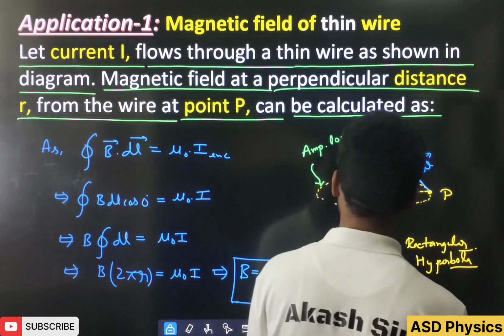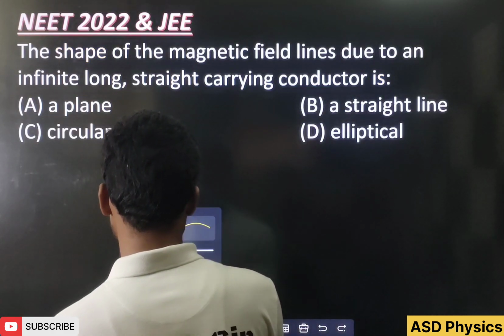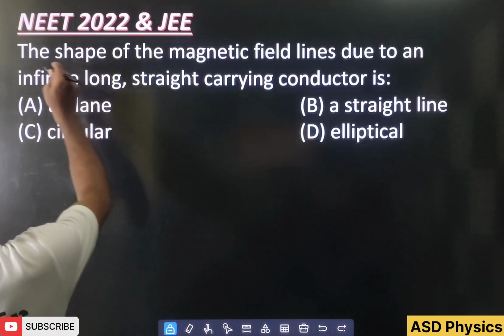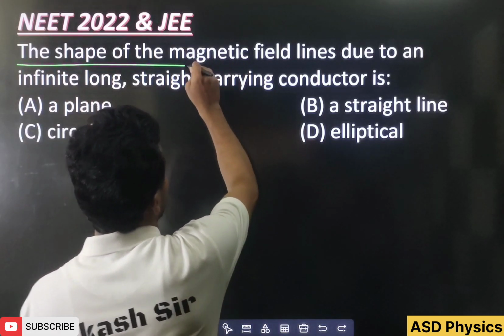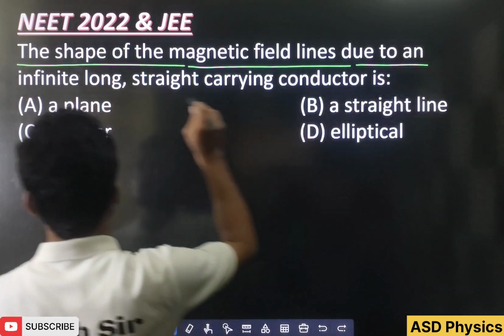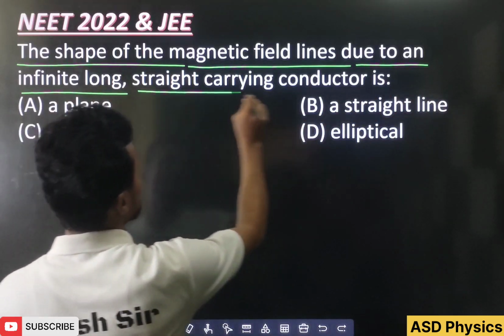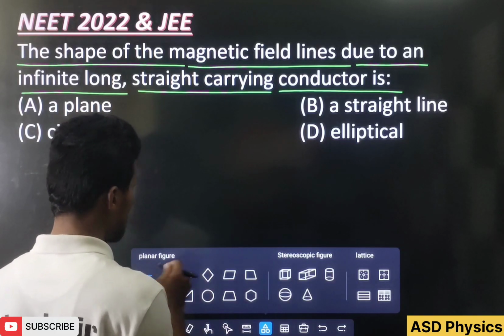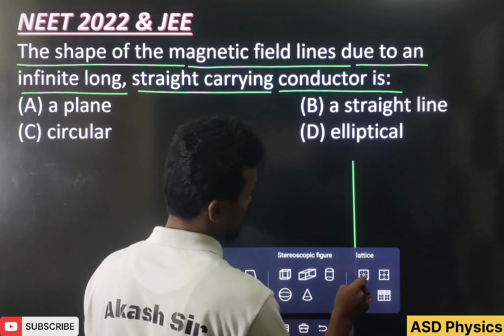Now after that, students, let's solve the question. It came in NEET 2022, important for JEE also. See, the shape of the magnetic field lines due to an infinite long straight current-carrying conductor is how much here? Okay, so here also what I have told you, if we have one wire,